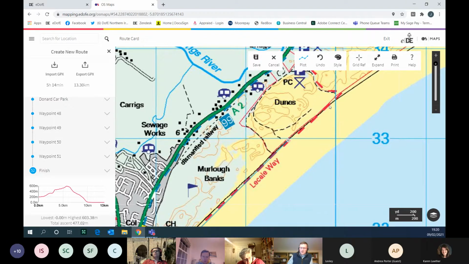And it's easiest to do this as you go along rather than trying to go backwards and pop in your checkpoints at a later stage. So I want this one to be a checkpoint on the beach. So pop in your next point,